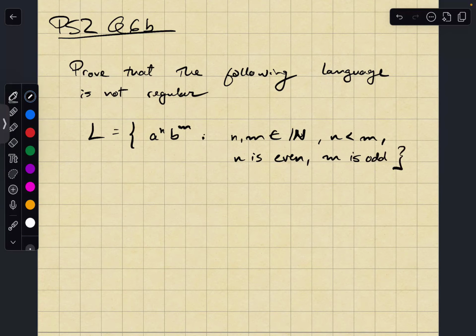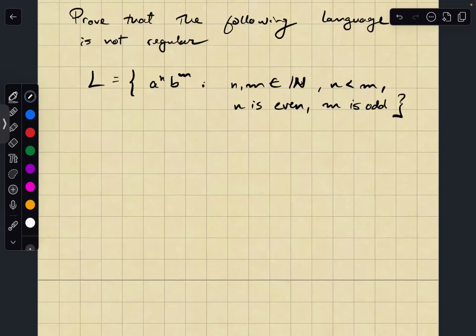Okay. So intuitively, why is this not regular? Because of this condition: I have to remember how many A's I've seen and then check that I have more B's than A's. This requires memory, which FAs only have a finite amount of, but this n could be arbitrarily large. So to make an FA for this language, you would need an infinite number of states, which you can't have because it has to be a finite automaton. But that's not a proof. Please don't write that in the midterm. What you should write instead is a pumping lemma argument. So that's what we're going to do.